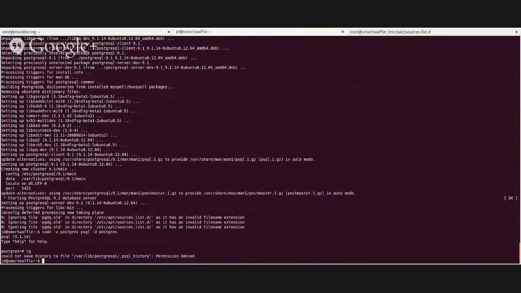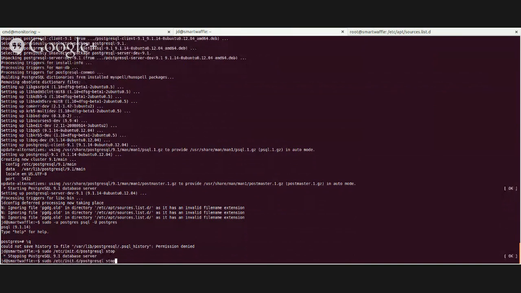So I'm going to quit this, and I'm going to stop PostgreSQL, and I'm going to remove it. So apt-get autoremove --purge. Purge is to make sure that everything is gone. Oh, actually, I'm not going to remove it. I apologize. I need to show you something first. If I go here and start it back up, sudo /etc/init.d/postgresql start,